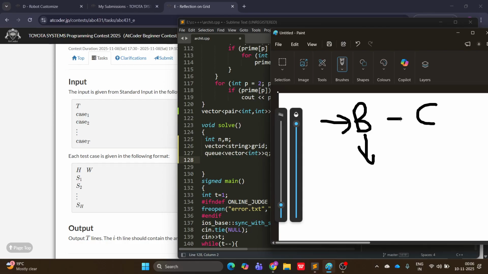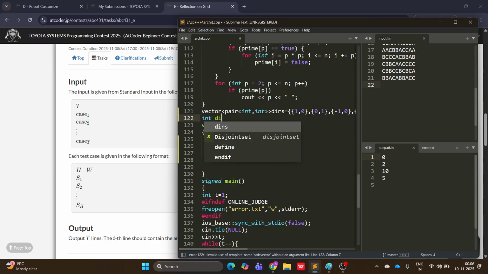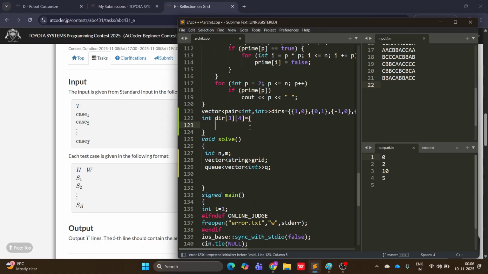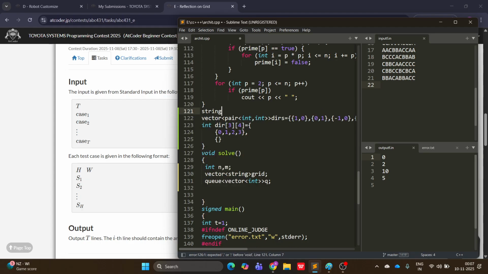If I'm at C and going towards left, I will move upwards. So then you need some sort of a direction array. If you are at mirror A, then your normal direction will apply. If you are at mirror B, then you see if you are going towards left, then it takes you